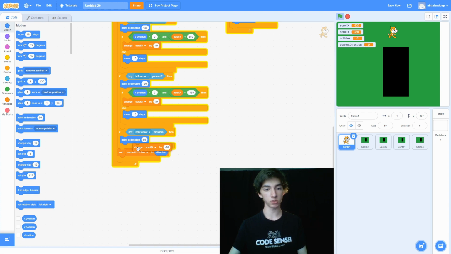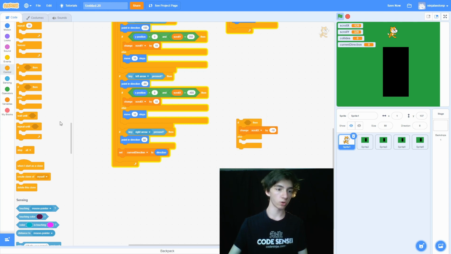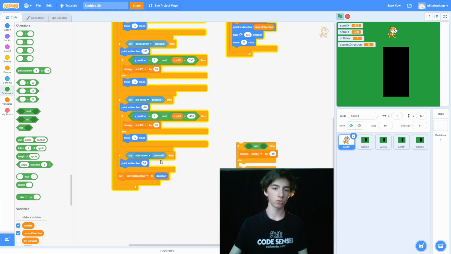We are going to grab this change scroll X by -10 out of the if statement that is checking if we're pressing the right arrow, and take it off and put it off to the side. We are going to go to control and grab the if else statement. We are going to put this in the if statement. We are going to go to operators, and grab an and operator, and in here we are checking that it is less than,